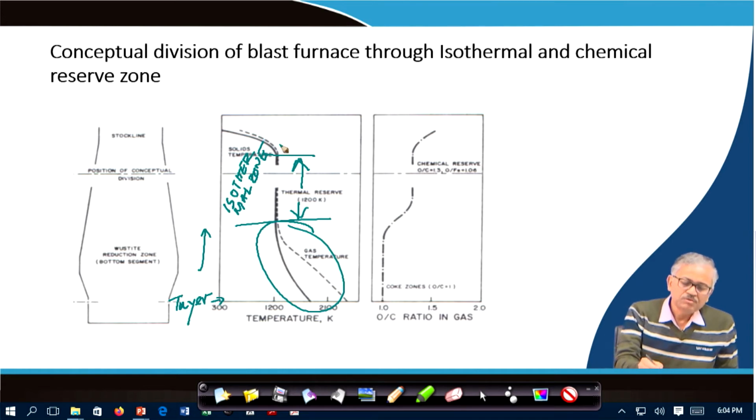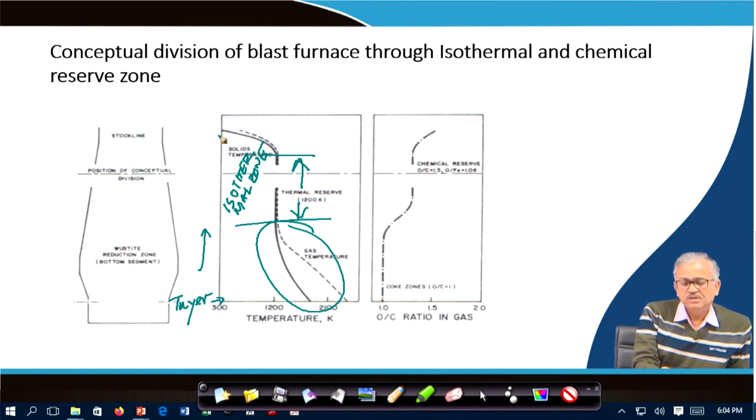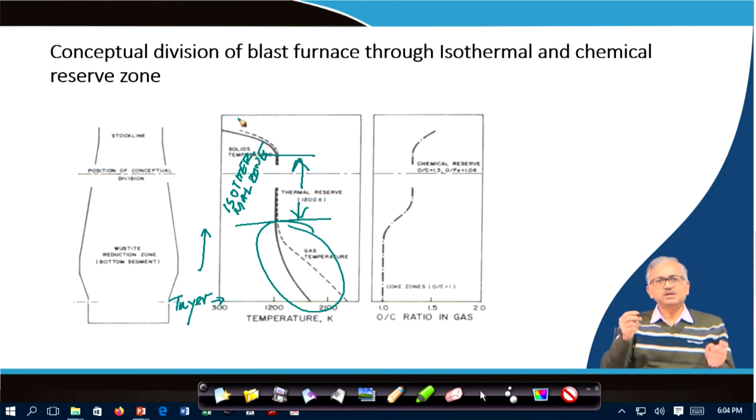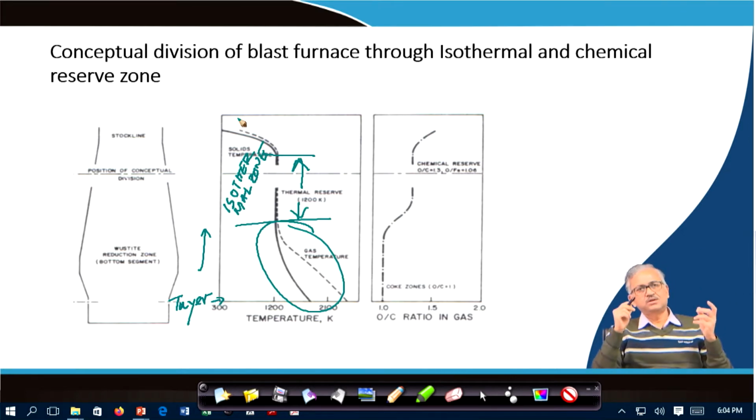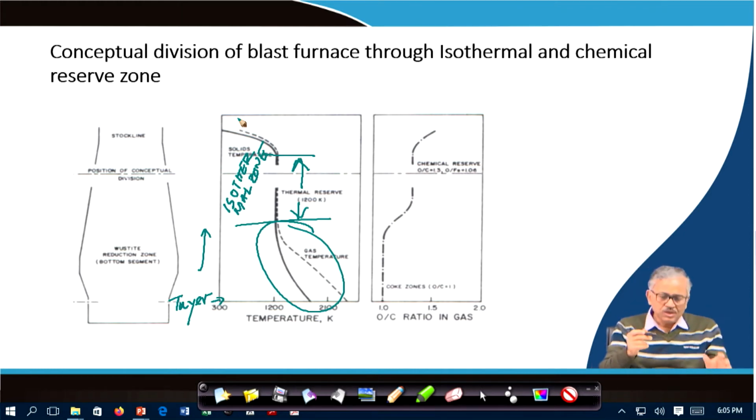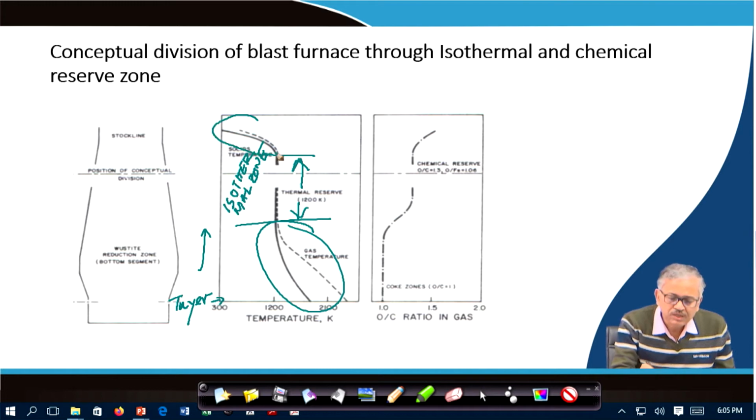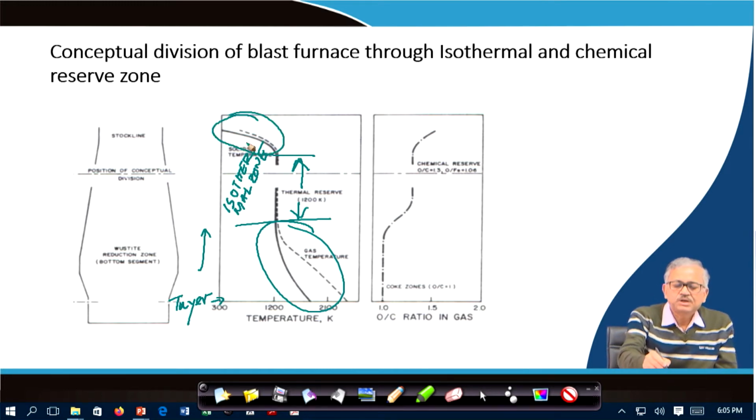In the upper part, you can find again the solid temperature increases from 30 degrees to 900, while the gas temperature decreases from 900 to around 200 or 150 degrees centigrade. Obviously, the heat capacity of the gas is more than that of the solid, because the decrease in gas temperature is less compared to the increase in solid temperature in the upper part. Anyway, some heat exchange takes place in the upper part in this region,